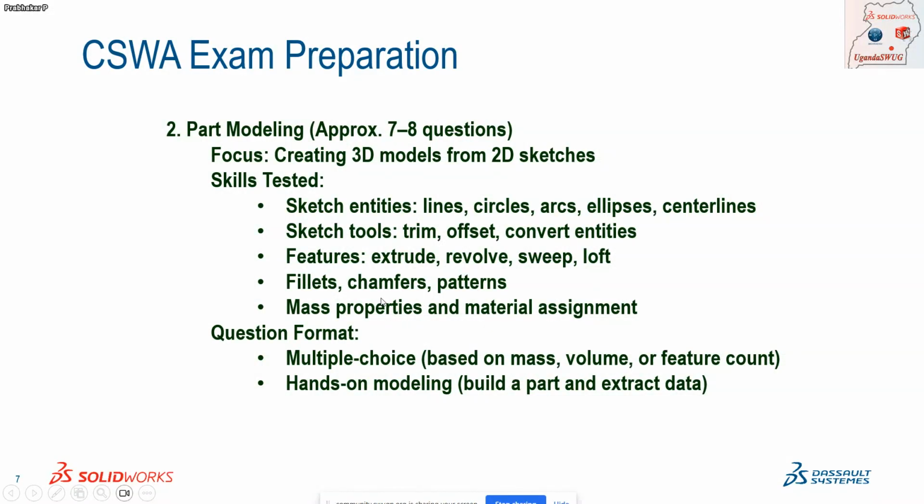Finally, you have to create the 3D model, assign the given material, and measure the mass properties. It is hands-on modeling and also multiple choice. Once you do the modeling and assign the material, you have to find the volume or the mass of the body. That is the expectation from these 7 to 8 questions.